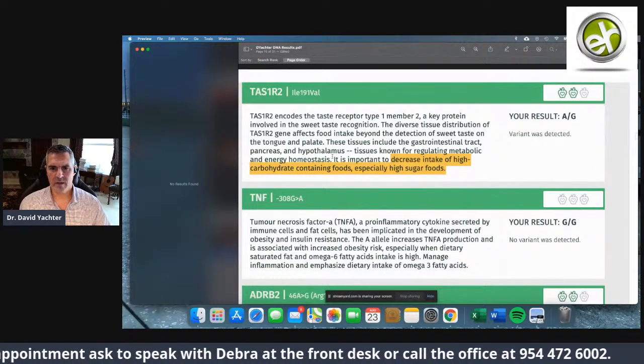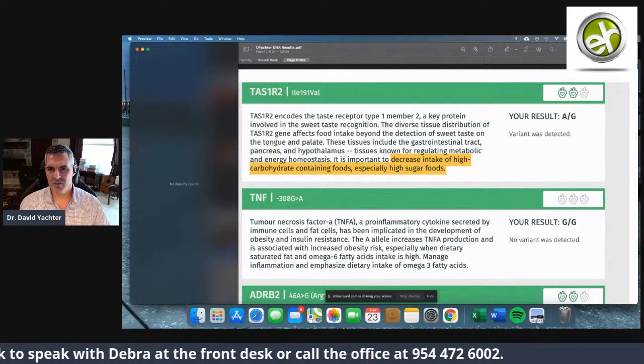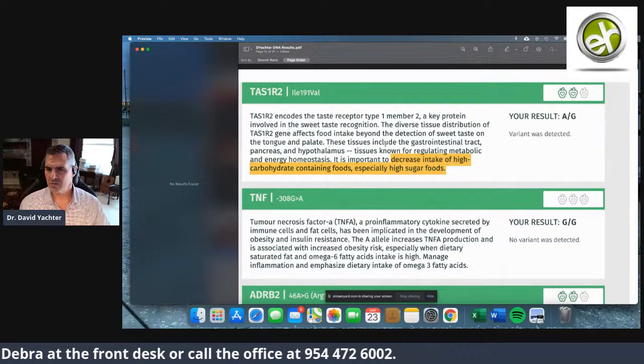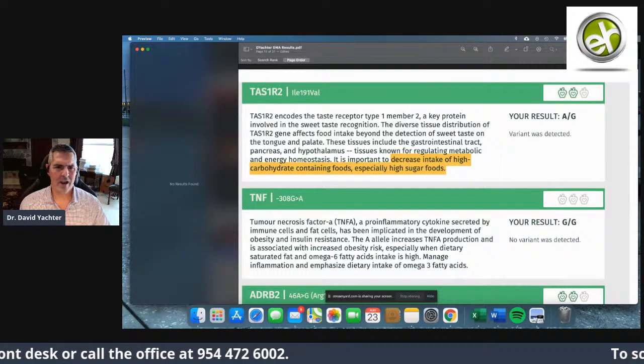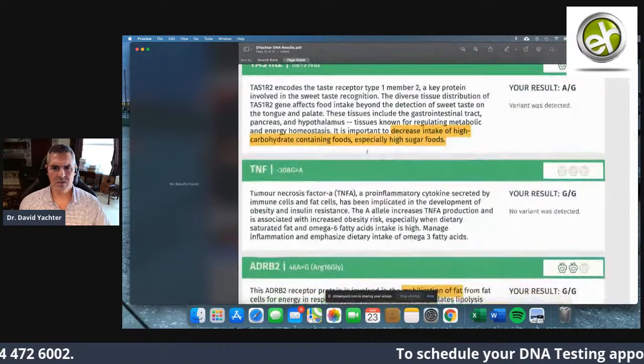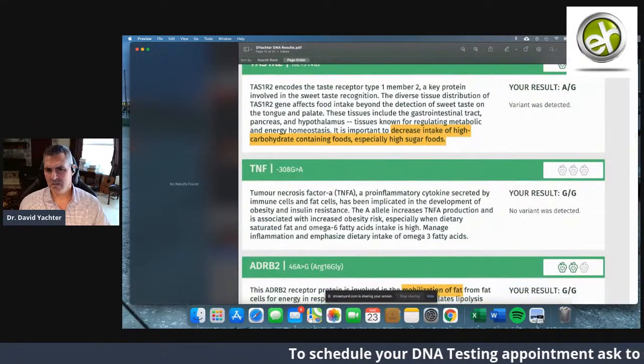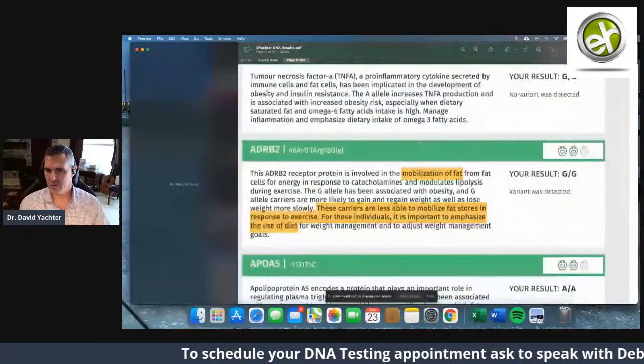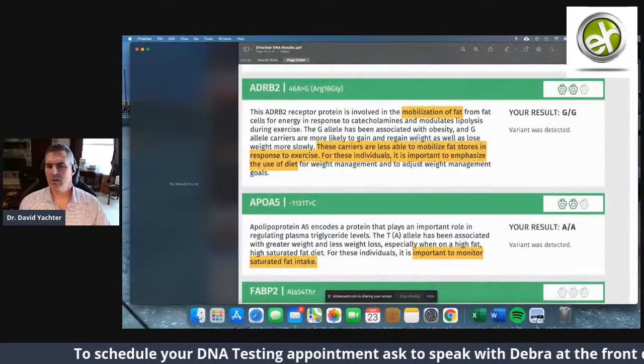This one is known for regulating metabolic and energy homeostasis, also specifically affecting the gastrointestinal tract, pancreas, and hypothalamus. For this individual, it would be important to decrease the intake of high carbohydrate containing foods, especially high sugar foods. Here's another one,